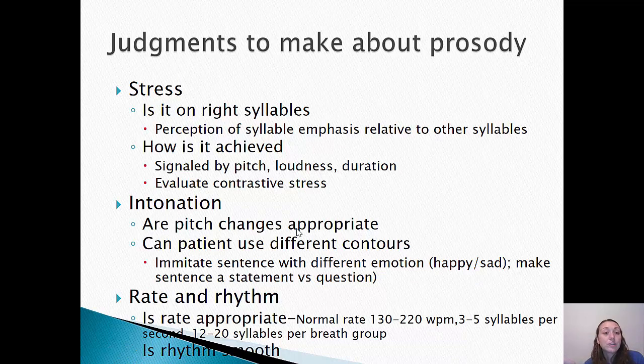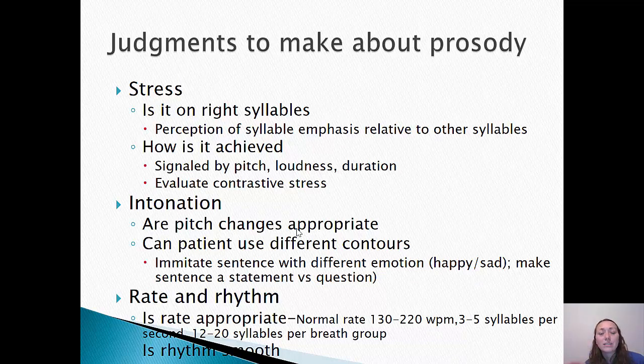Are there appropriate changes in pitch, intonation, and understanding that when we're talking to patients, we're really doing this in a kind of sterile environment, but in general, we're trying to do our best, and in this 15 minutes or so, are there significant concerns with stress and intonation? Rate is easier to identify. Rate too fast, too slow, and I have some normative data there we can look at. But stress and intonation